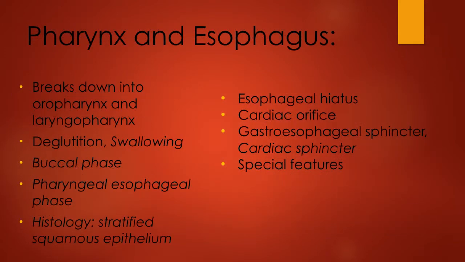The pharynx and the esophagus. The pharynx breaks down into the oropharynx and laryngopharynx. Deglutition, which is swallowing, breaks into two different phases. The first phase is known as the buccal phase, which is where the tongue pushes the bolus of food back into the oropharynx. The second phase is known as the pharyngeal-esophageal phase, where the tongue blocks the mouth, the soft palate closes off the nasopharynx, the epiglottis covers the glottis, and the food moves into the esophagus, which is